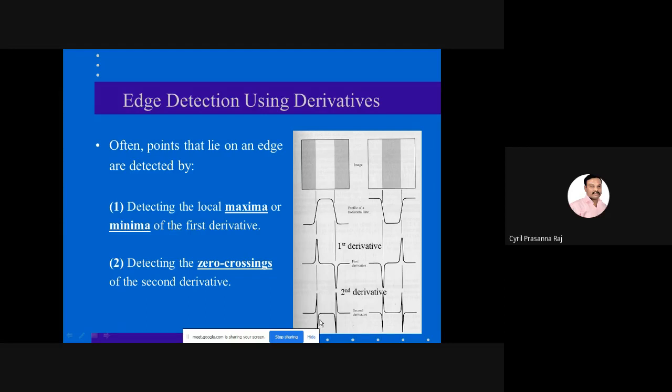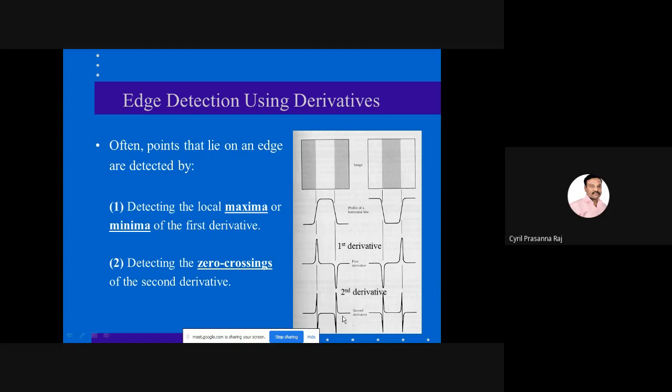Between the positive spike and the negative spike, there is a concept called zero crossing. Whenever you come across a zero crossing, it indicates that there is an edge at that location. So there are two ways of identifying edges in a given image: either you perform the first derivative and identify the maxima or minima, or you perform the second derivative and identify the zero crossings.